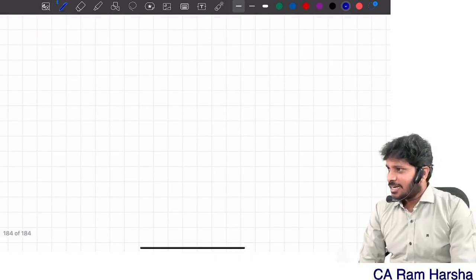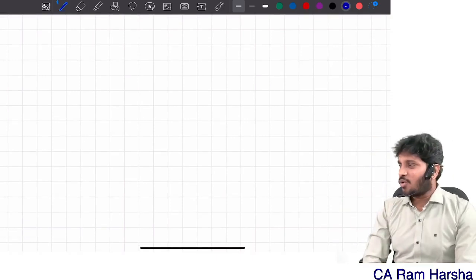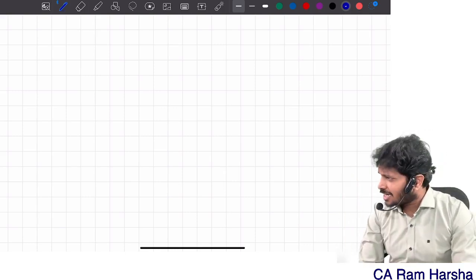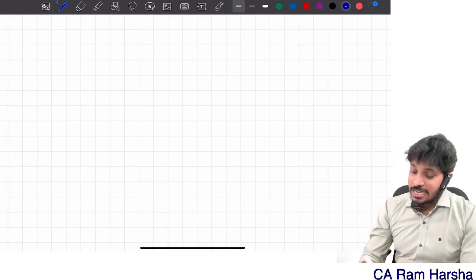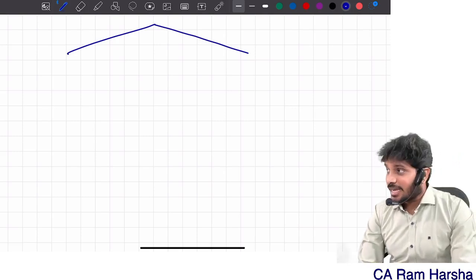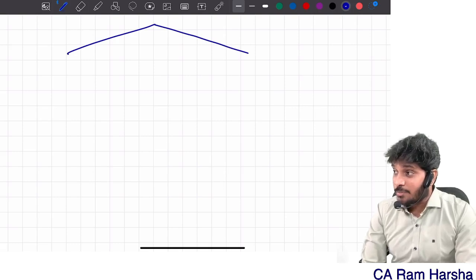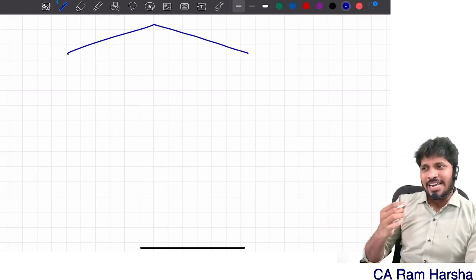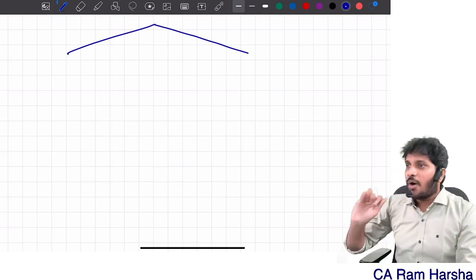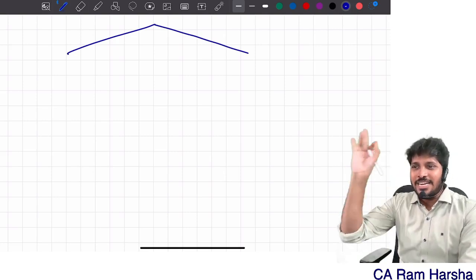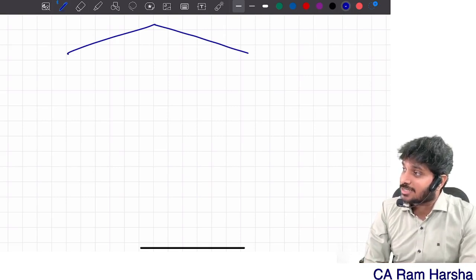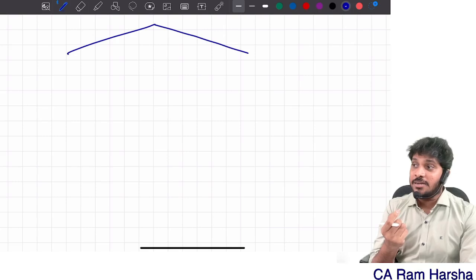Now tell me, in normal accounting, we calculate depreciation based on number of days used. Correct? In income tax also, depreciation is calculated based on number of days. But there is a slight variation between accounting and income tax. By the way, one variation we know: in accounts, we calculate depreciation asset wise. But in income tax, we calculate depreciation